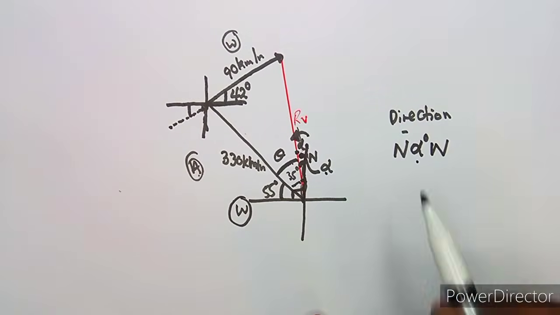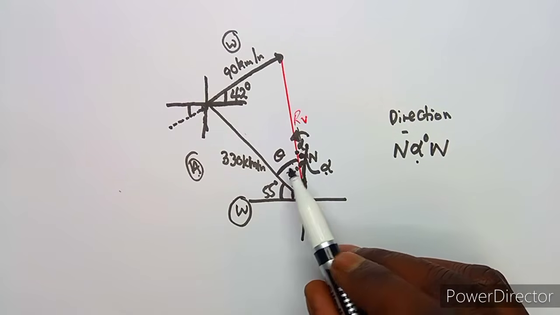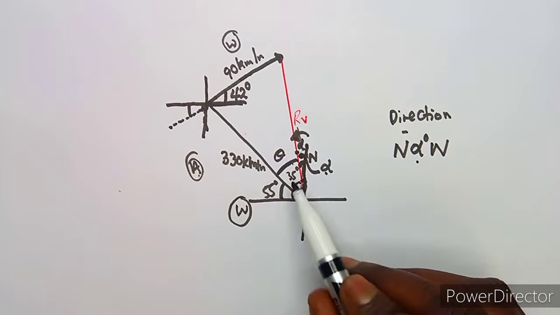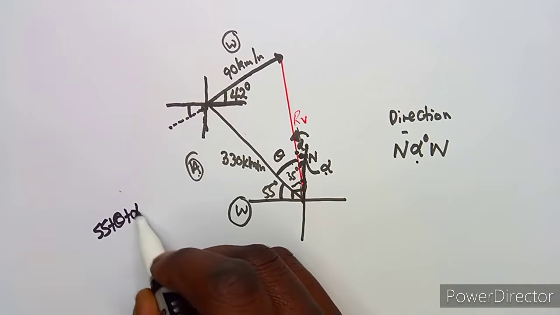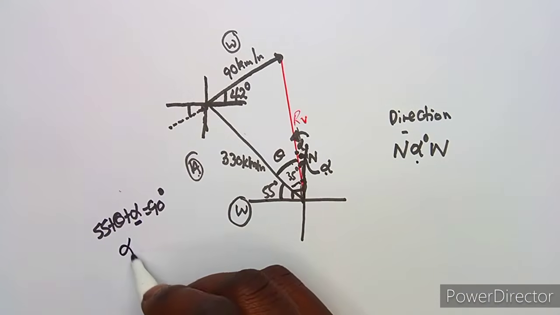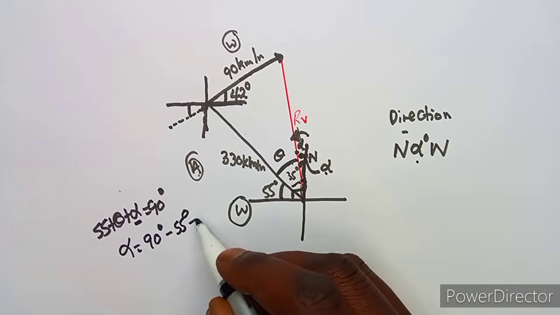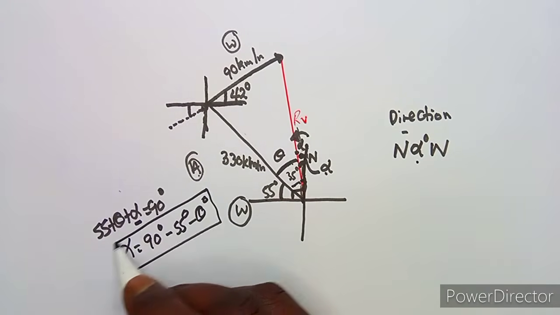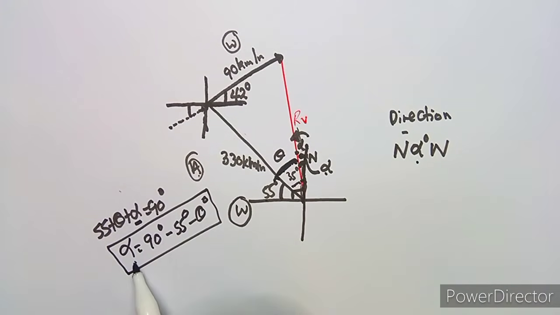And this alpha, we shall talk about this, but for you to find this alpha, since we said these three angles must give us 90 degrees, 55 degrees plus theta plus this alpha must give us 90 degrees. So your alpha is going to be equal to 90 degrees minus 55 degrees minus theta degrees. So we have to calculate theta. As you can see, theta has to be calculated so that alpha can be determined. So that's the long process that you're going to do. Anyways, I'm just talking about the direction because the resultant is easy.